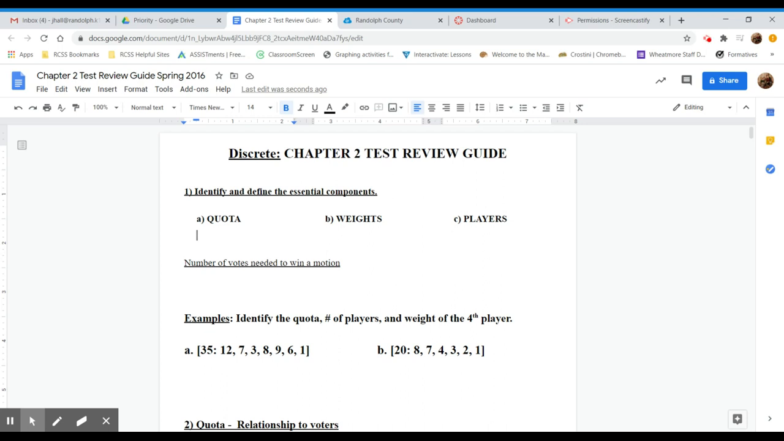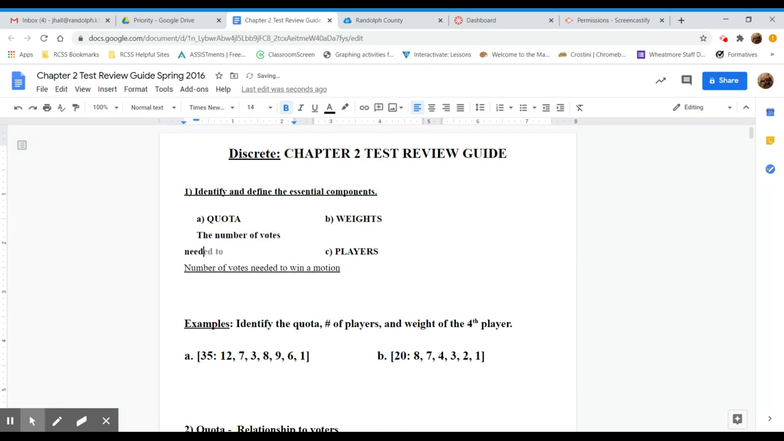All right, let's go over the Chapter 2 test review. First things here, we are going to identify and define the essential components. So our essential components here are quota, weights, and players. So those are our three. To start off with, a quota, if you remember, that is the number of votes needed to meet or to